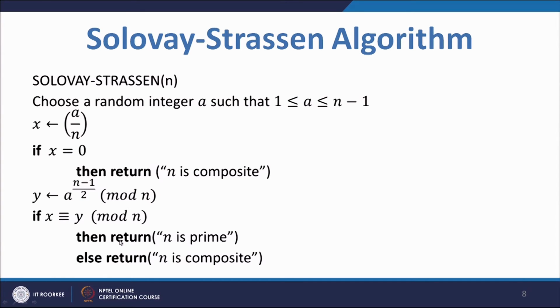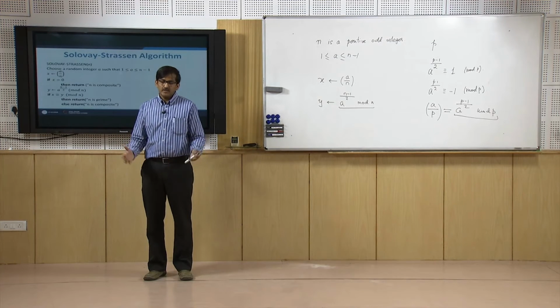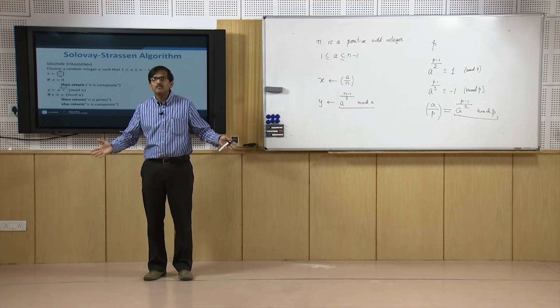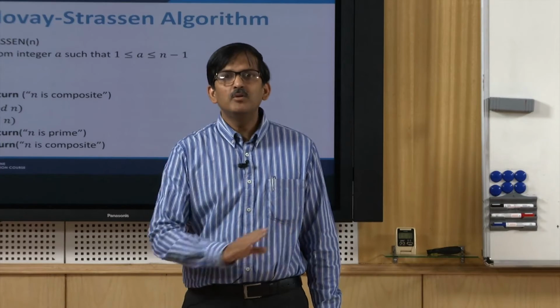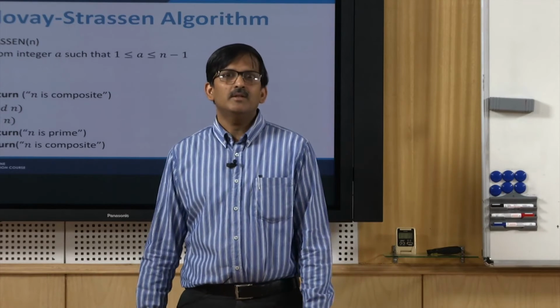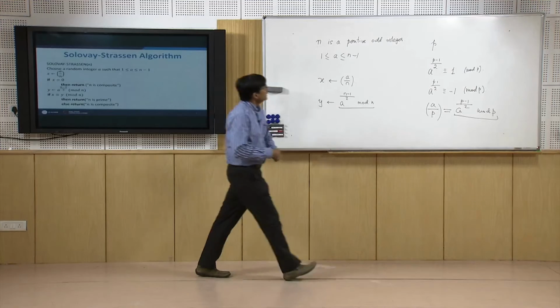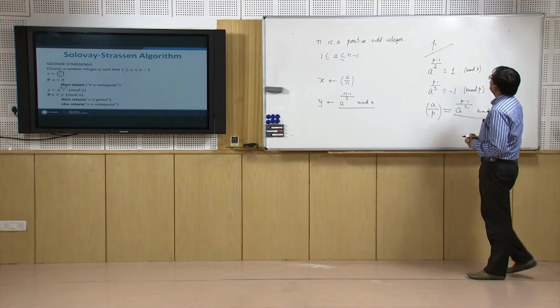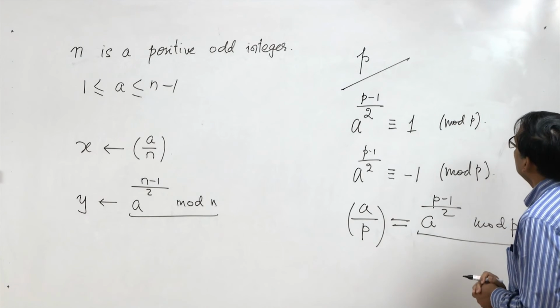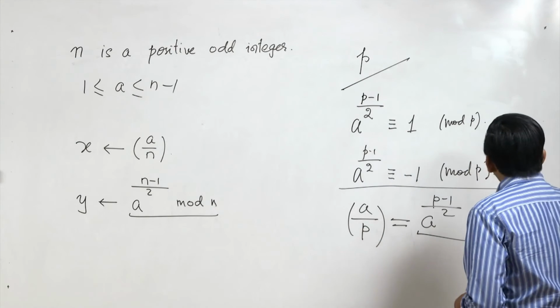If they match, they will match if n is a prime, then of course we come to the end of the algorithm, it says that it is prime. Otherwise, if it does not match, I know for definite that it is composite, because if n were a prime, then this has to be satisfied,